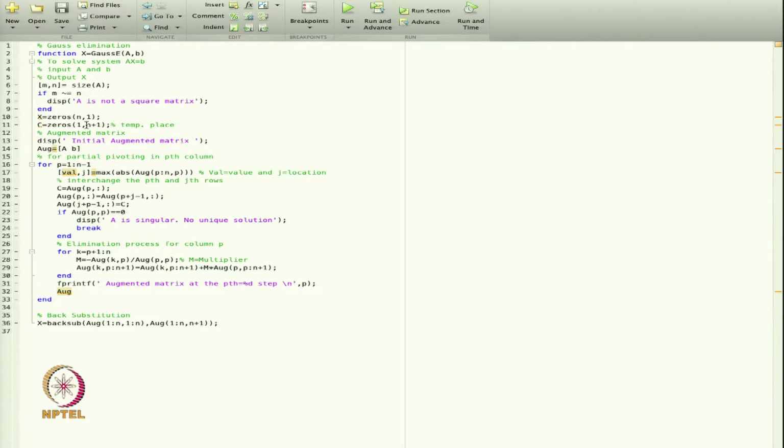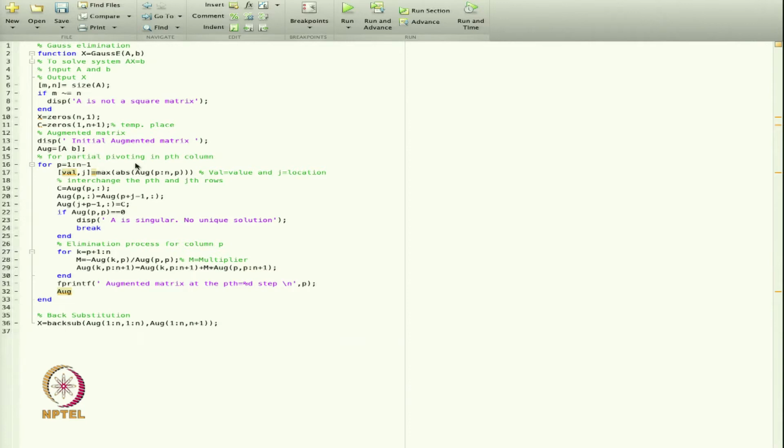That is why we are taking n plus 1. Now, I define the augmented matrix. Here I have written to display the initial augmented matrix. I put the semicolon. I define a matrix AUG, the augmented matrix. This is the A matrix and the next column will be B.